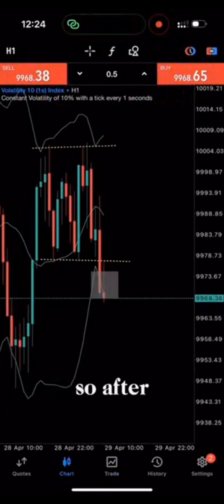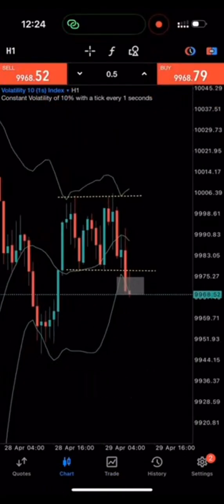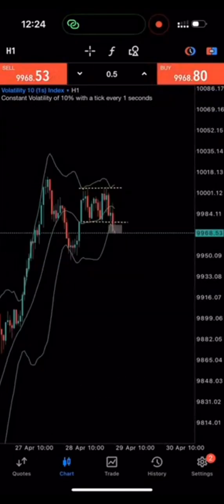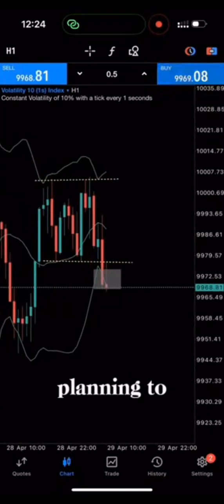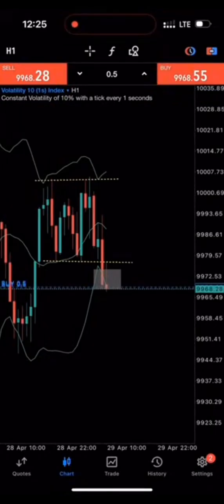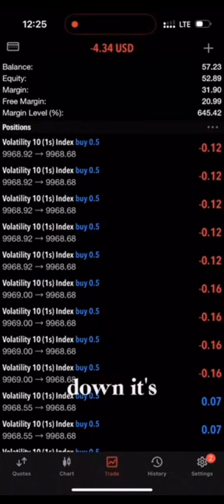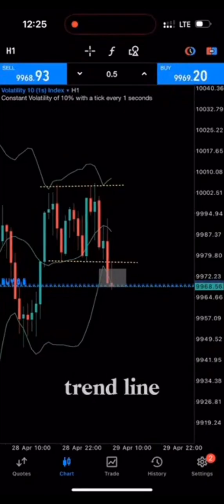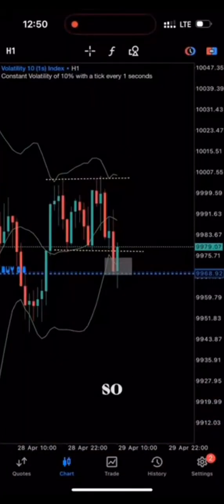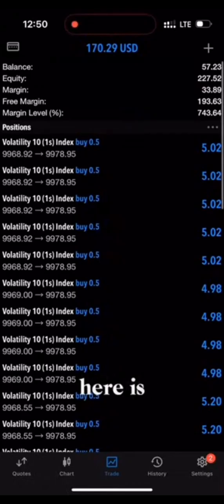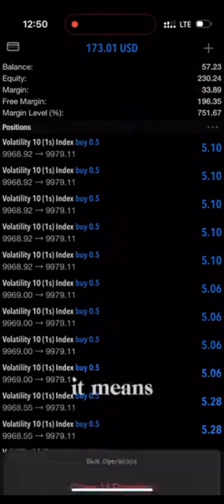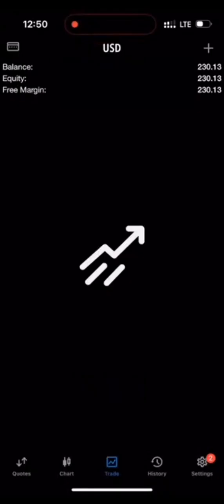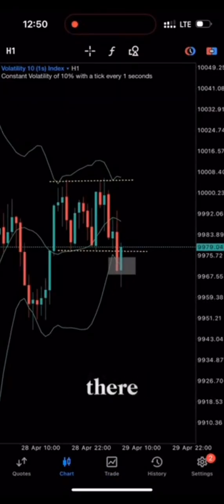So after some time, I came back to the same setup, because it's still a good setup for more trades. So I'm planning to enter a buy again here, because I don't really believe that it's going to go down. It's not going to go down, right? It went to touch the trend line. So what I would do here is that in the 1 hour time frame, it means it's still going to go up. It hasn't made a fake out there, but it has to,